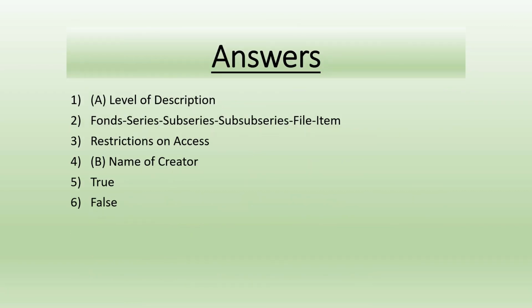And here are the answers. So subseries is a level of description. The order would go from fonds, series, subseries, sub-subseries, file, and item. You might go from item to piece, and you might even add an additional sub-sub-subseries, but generally that's not recommended unless it's absolutely unavoidable. A note indicating that a catalogue has been closed for 20 years would go in the